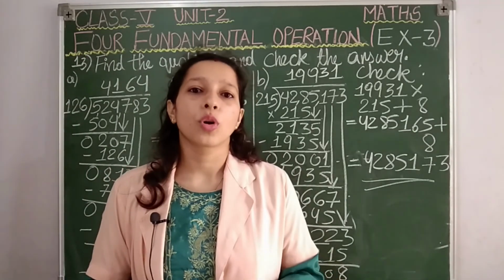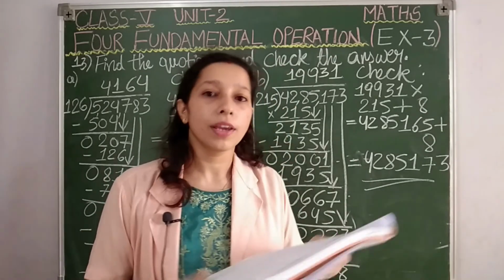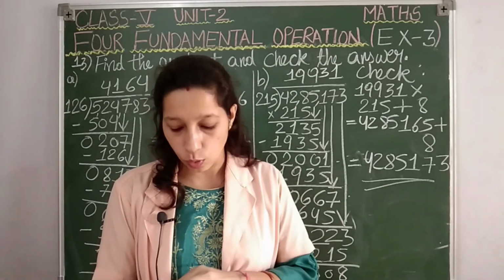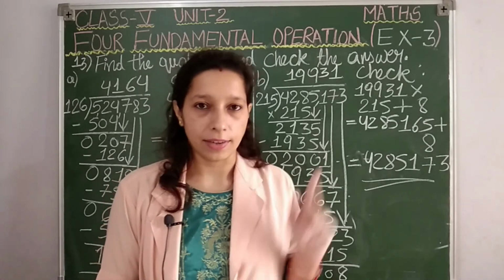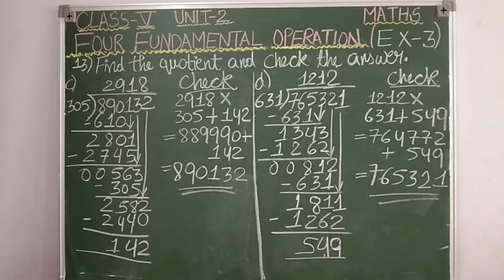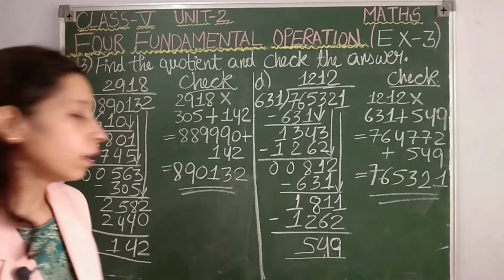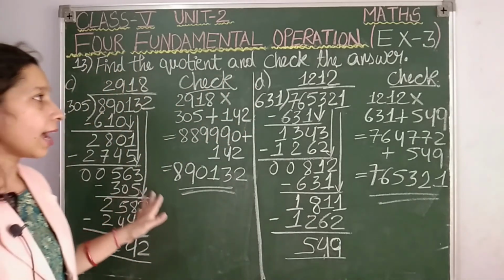Now let us see two more questions, point C and D. Then students, for the last 2 points will be your work. Okay, you are going to do it as homework, point E and F. So now we will be solving point number C and D. First note it down. So students, point number C and D for question number 13 I have solved.